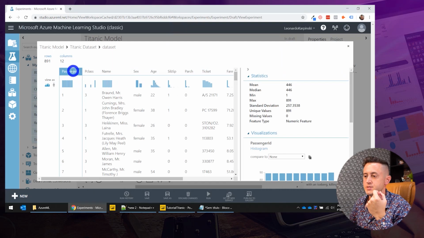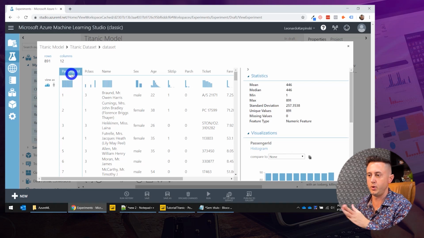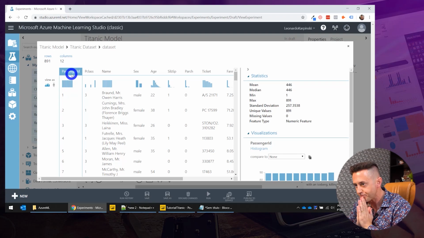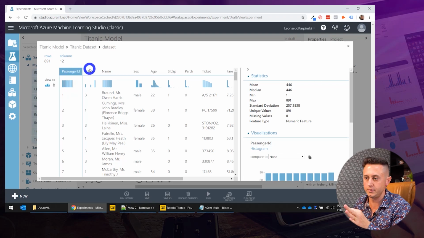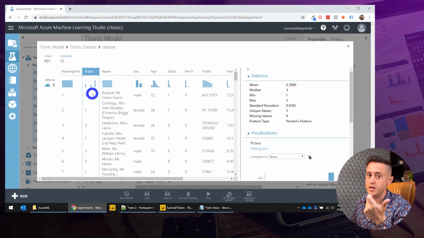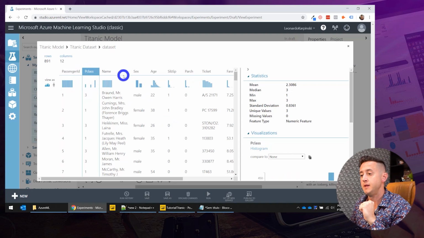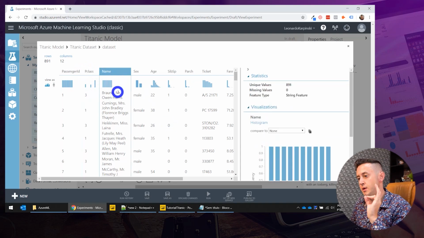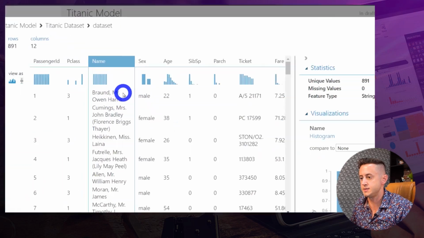For example, passenger ID, I don't need because it's not going to help the model predict values. It's just an ID that identifies the passengers. P class is very important. I know that third class died more than first class. The name itself, like this, is not important, but there is a